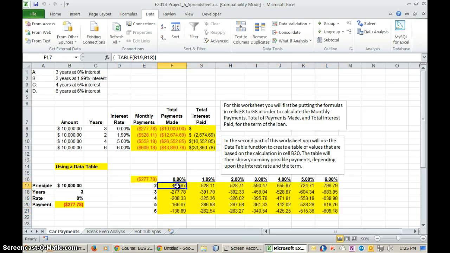and then it goes ahead and calculates all of the monthly payments, and you can see they're all negative amounts, and that's because they're cash outflows. Just to check to see if it's correct, there's our 277.78, and there's the 277.78 there. It's the same answer that we got previously. So that is the data table that we're asked to create for this part of